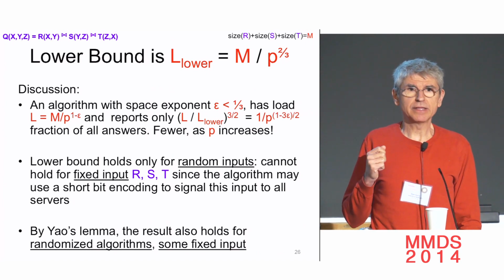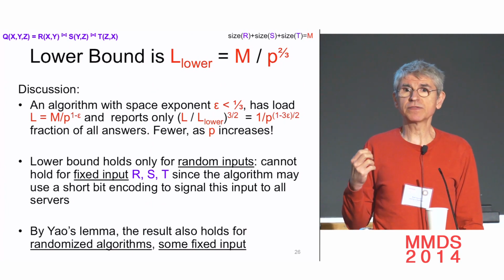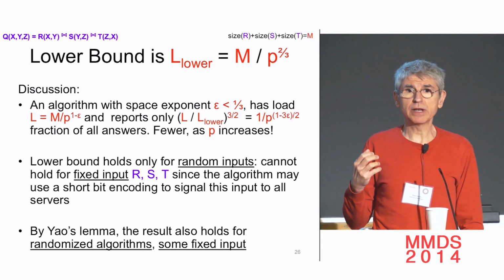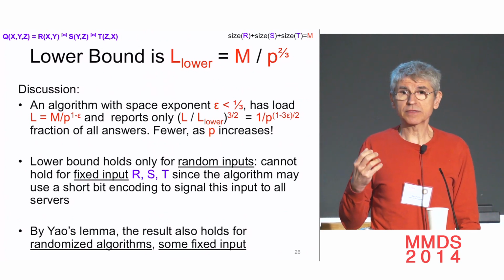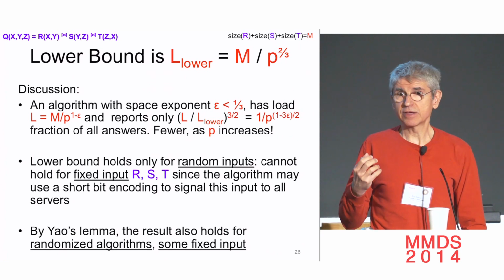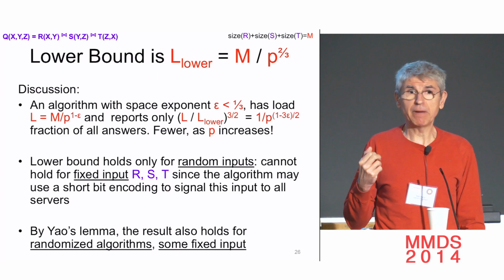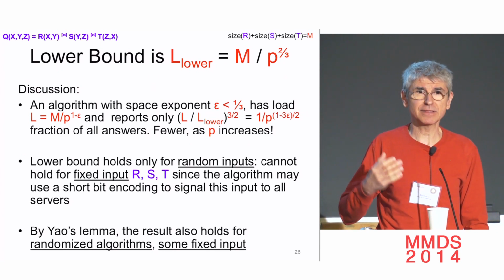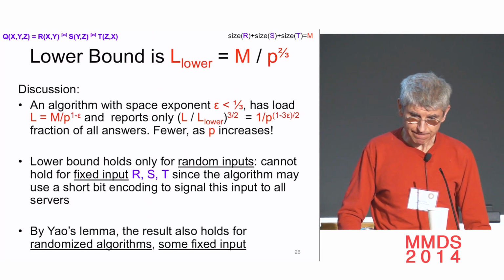Now, to me, this is very interesting because this fraction decreases as the number of servers increases. This tells us that the model captures correctly the communication cost. The more parallelism you want, the harder it is to solve that problem. Parallelism makes it hard. It doesn't make it easy. It speeds up things when it works, but it's harder to use p servers the larger p is.